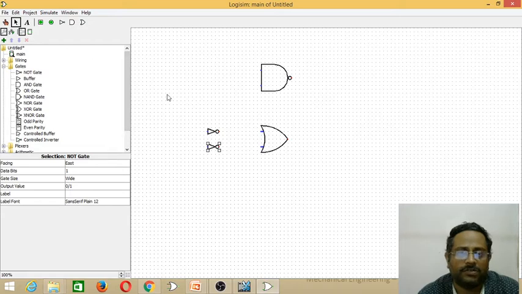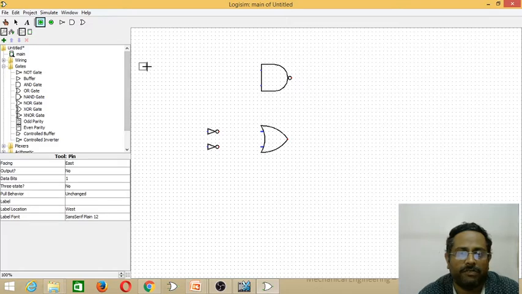For this, we have to add input components. To add input components, we select add pin, that is the square green icon, and place it wherever we require. In the same way, we place the output components, that is the circular green icon in the toolbar, wherever we require.